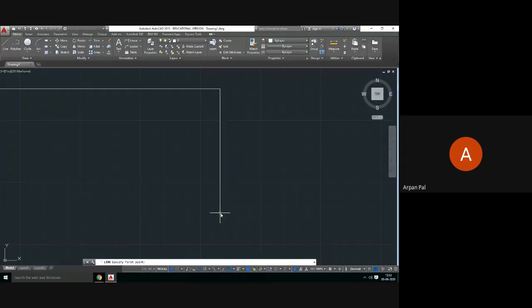Automatically, just moving, I am not clicking here. Automatically, it is showing something, endpoint. If you move around it, automatically it is showing the midpoint. Here, endpoint. Okay. So then if you click on it and then go to this, 200, enter.